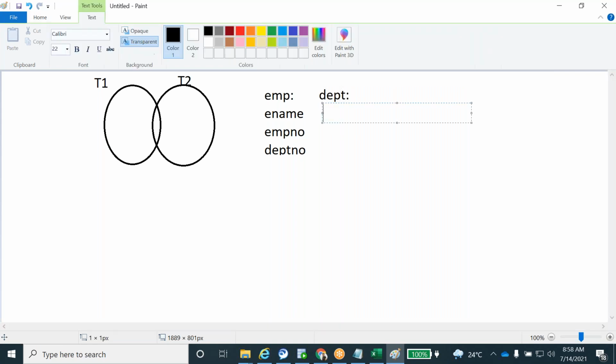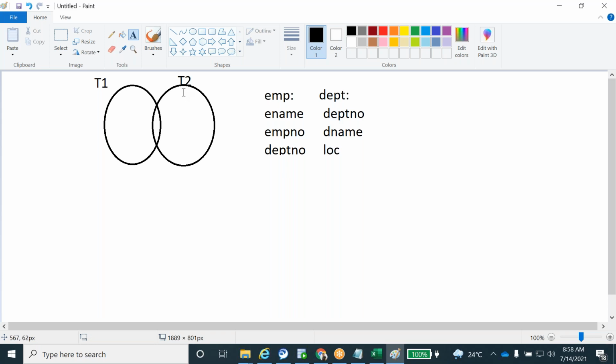What are the columns there? DEPT number, D name, location. Here, what is the common column? DEPT number is the common column.